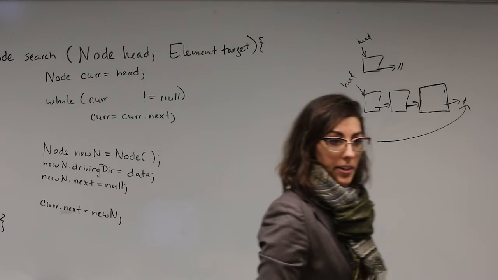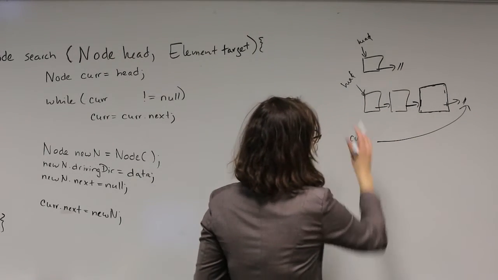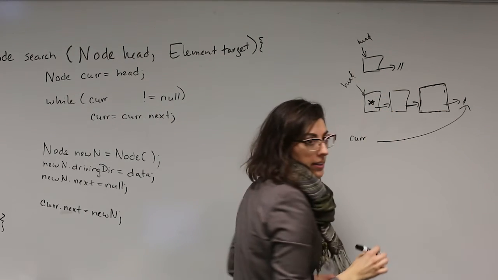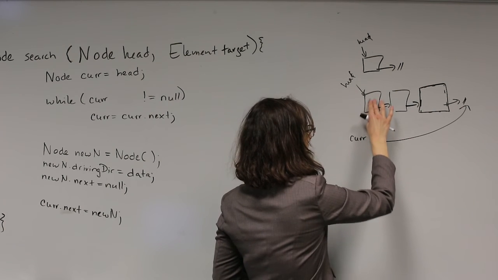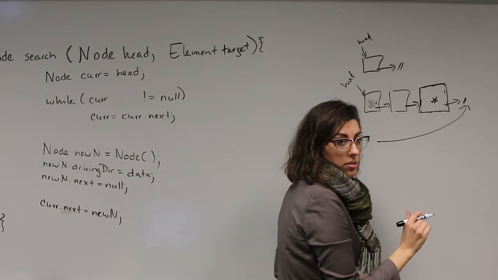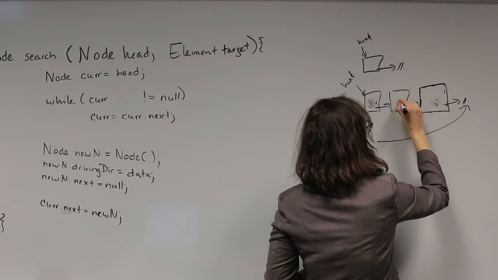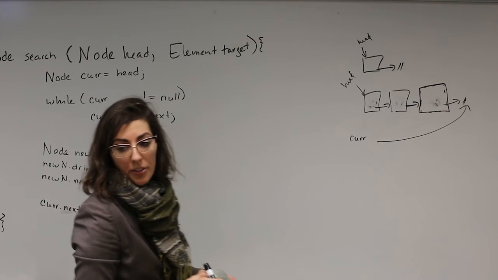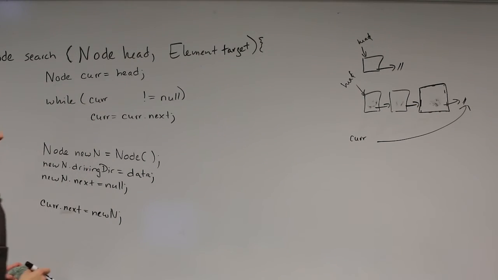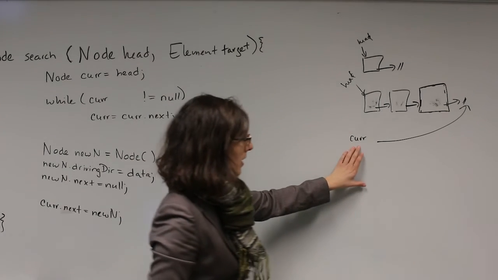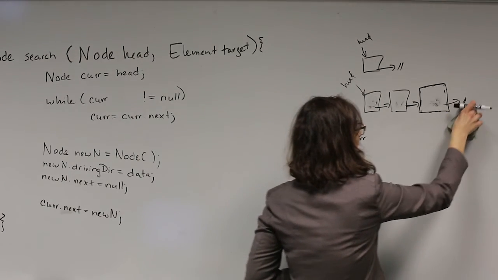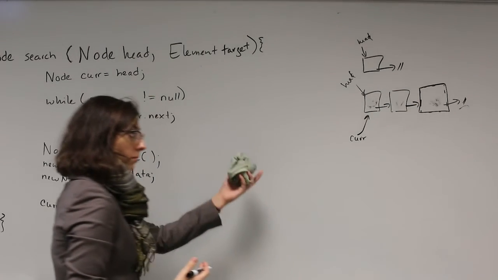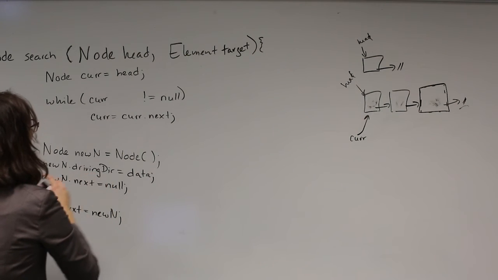Some test cases to think about here. Lists of different sizes. I'm also interested in trying to find something that's at the beginning. That's a good test case. Finding something that's at the very end. That's another test case. And then finding something in the middle. So let's try to keep that in mind, see if it matters or not. Okay, once again, we're going to use the same model here of setting a current equal to the head and then going through and seeing if the node that we're looking at